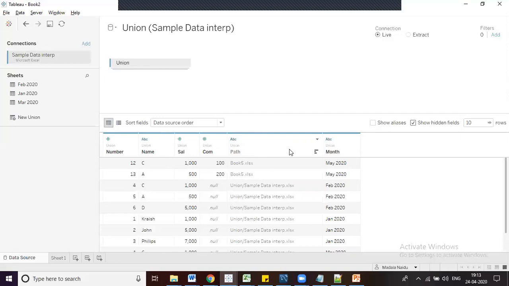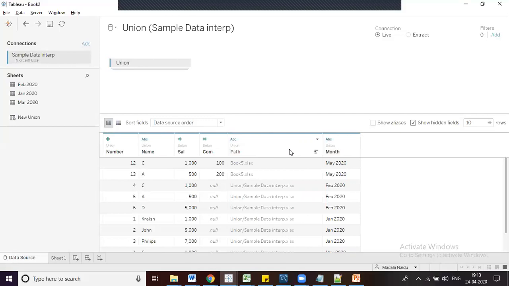This was in hidden mode. Why do we hide columns? If there is no use for our reporting or analysis purpose, there is no use keeping it visible in your data source. It will be available in the data source, but there is no use if we keep it visible, because the performance will also decrease.